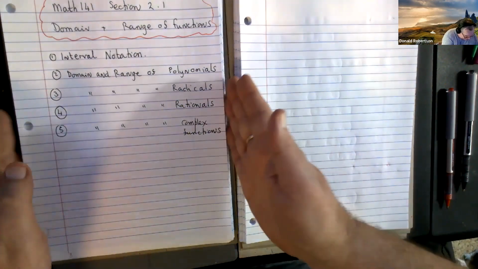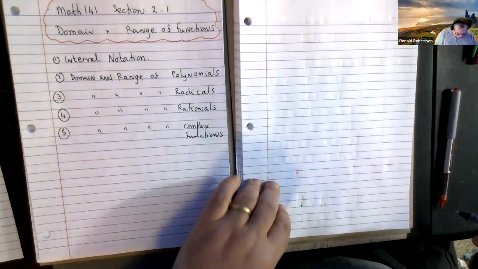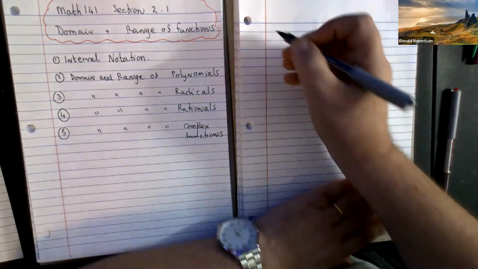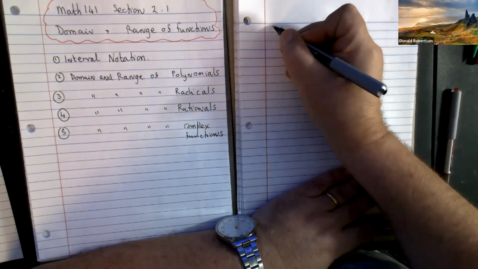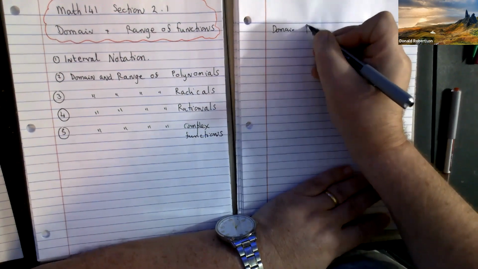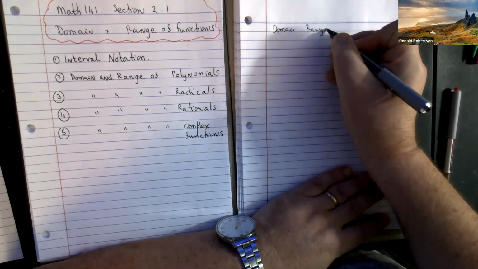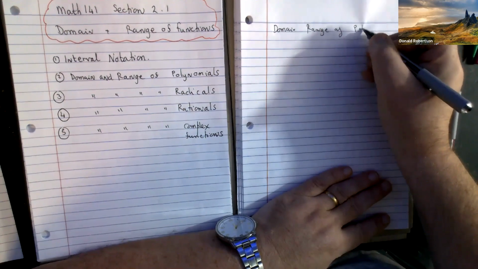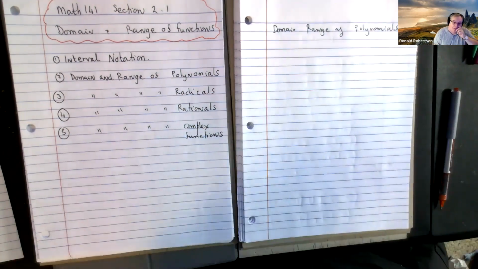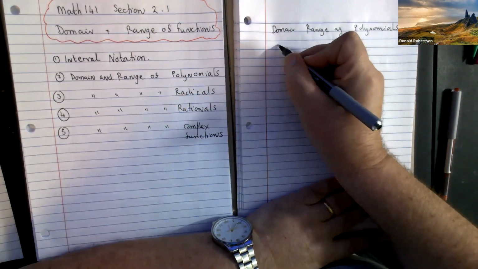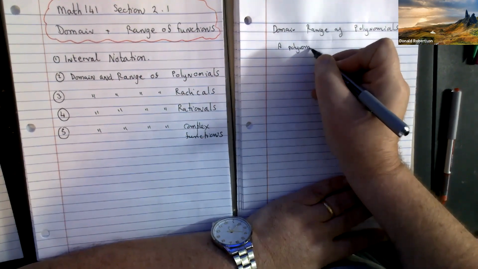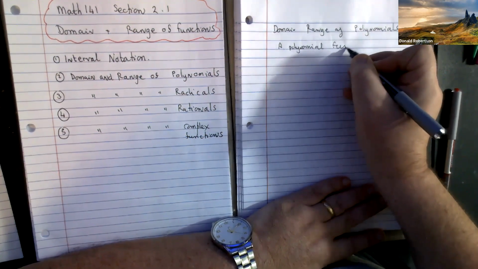So we're now going to look at domains and ranges of functions and expressing those answers using interval notation. So the first function that we're going to look at are domain and range of polynomial functions. Okay, let's show you what a polynomial looks like. A polynomial function